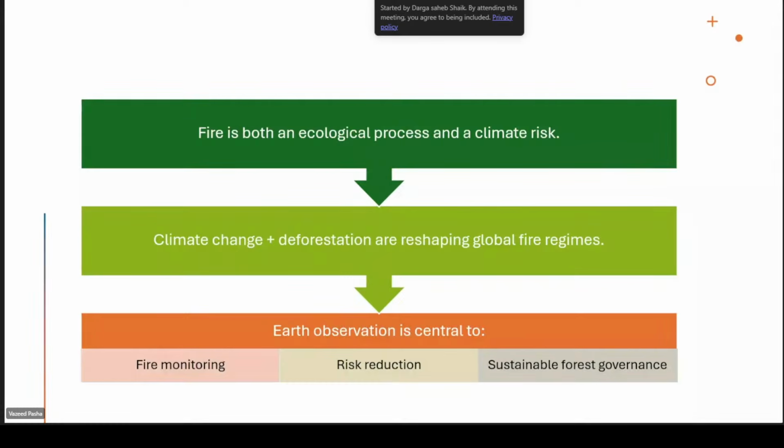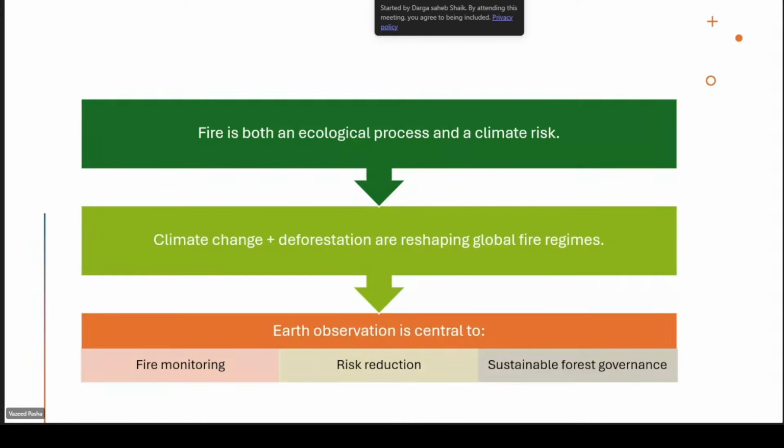As I showed for Uttarakhand, when temperature and the availability of litter increase, it creates forest fires. Most forest fires are anthropogenic, so it is very important to understand when we are setting the fire.